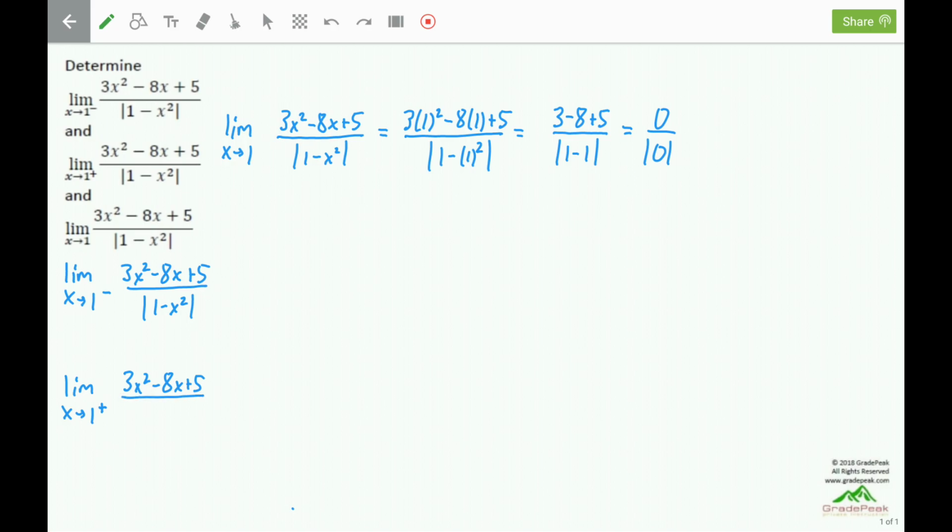So I'll write it down here for the right-sided limit as well. But let's start with the left-sided limit. The first thing we need to do is factor the trinomial quadratic in the numerator and the difference of squares in the denominator. So we will have the limit as x approaches 1 from the left side of, in the numerator,